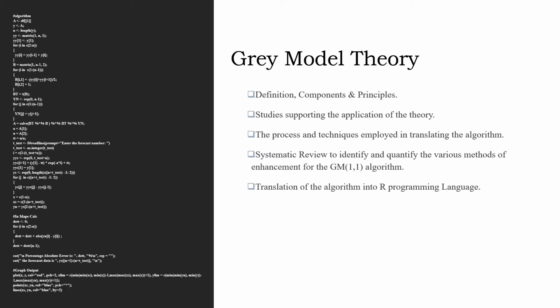While it was developing, he highlighted some fundamental principles of the theory as described. Some of them include the principle of new information priority. So the algorithm tries to place a larger weight on new information as opposed to older information. Also, the principle of minimum information. So the theory makes use of minimal information, which is a sample size of 3. So for this forecasting model, you need at least 3 data points to make a prediction.